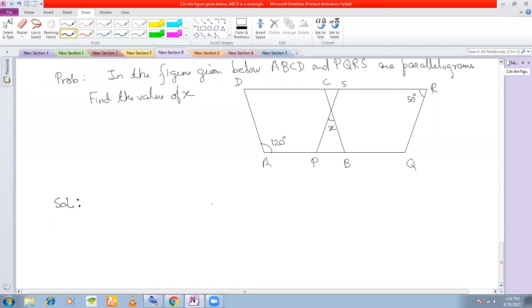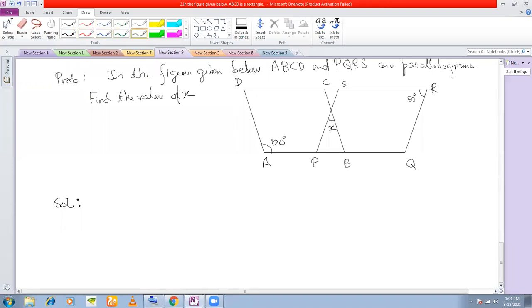So how will you find out angle x? Any idea? Yes, any idea how to find out angle x? No idea? See here,